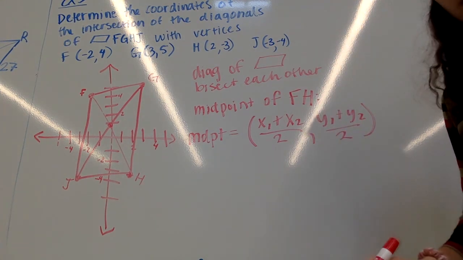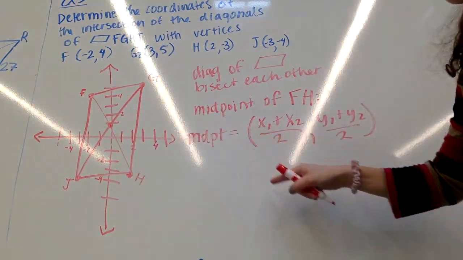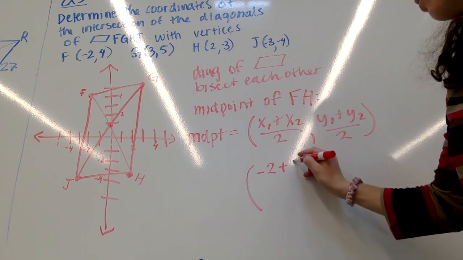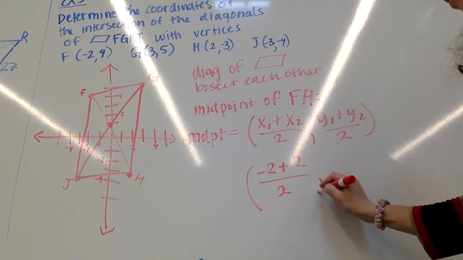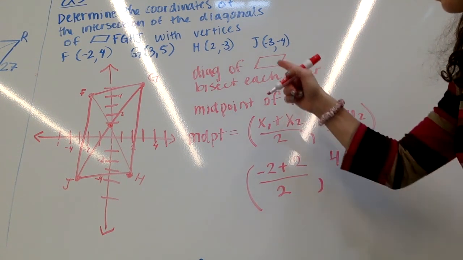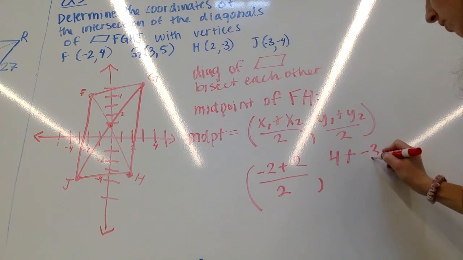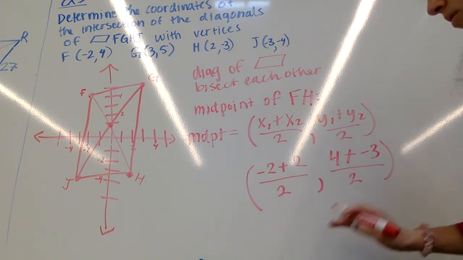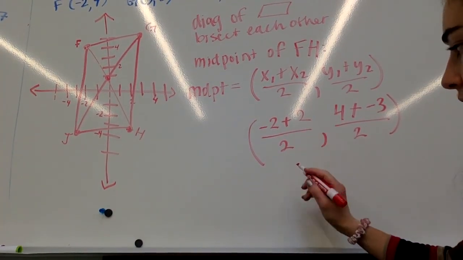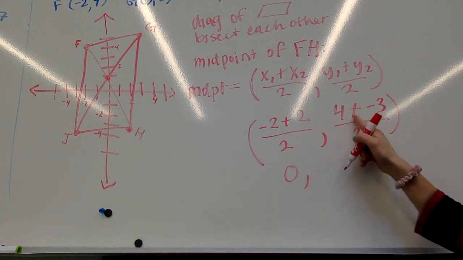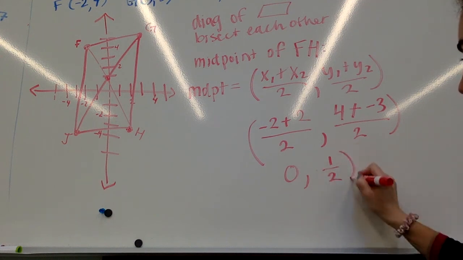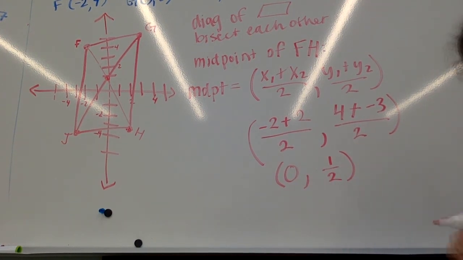So that is this diagonal here. So F is -2 and H is 2. Okay, and then F is 4. That's its y value, and H's y value is plus -3. Okay. So -2 plus 2 is 0, divided by 2 is 0, and 4 plus -3 is 1, divided by 2 is 1/2. Okay, so you can leave it like that, or you could write 0.5, it doesn't matter,